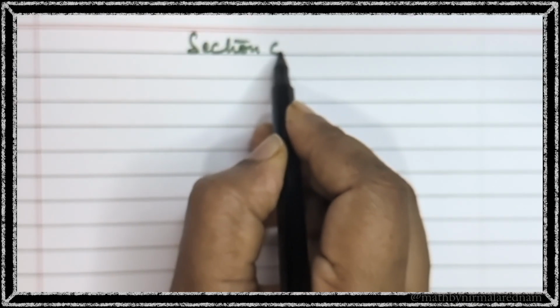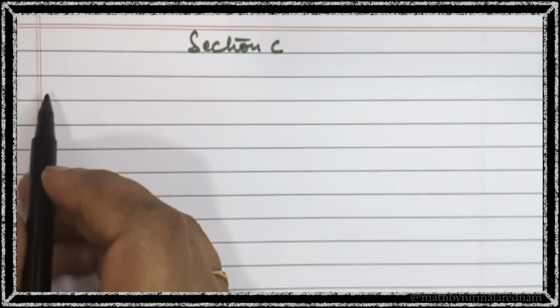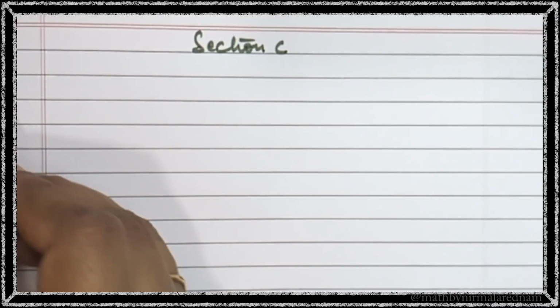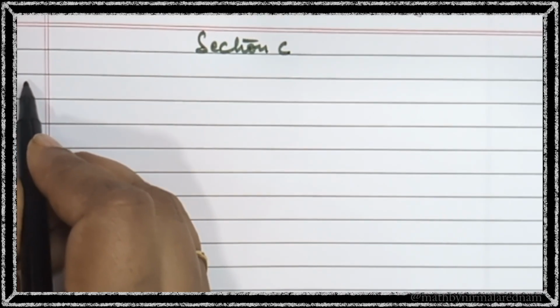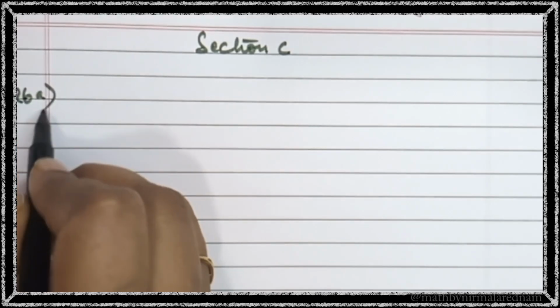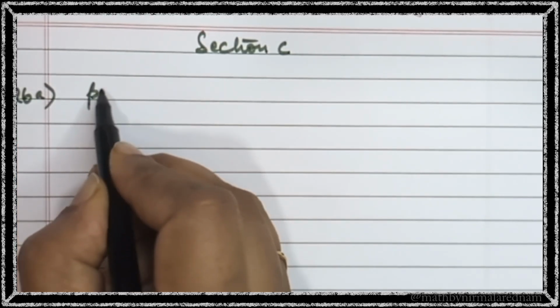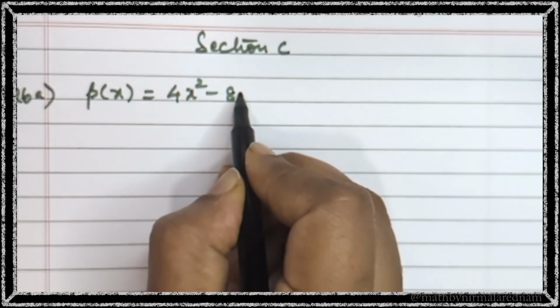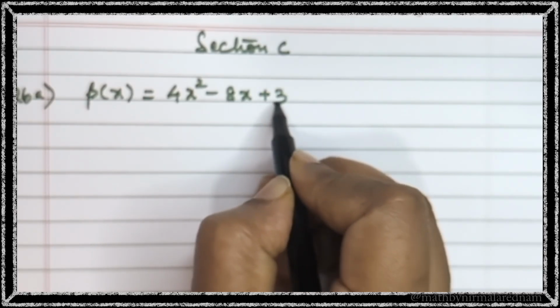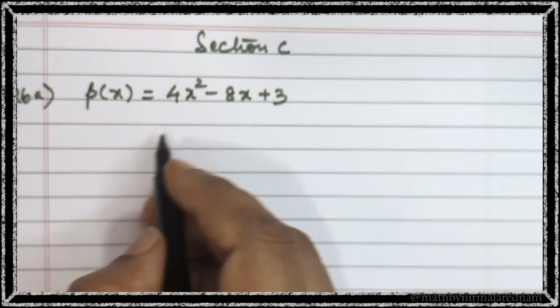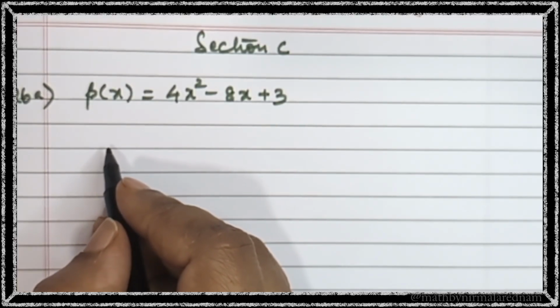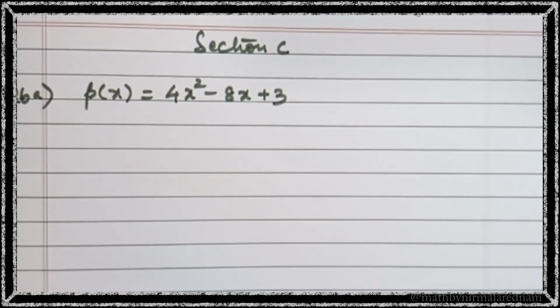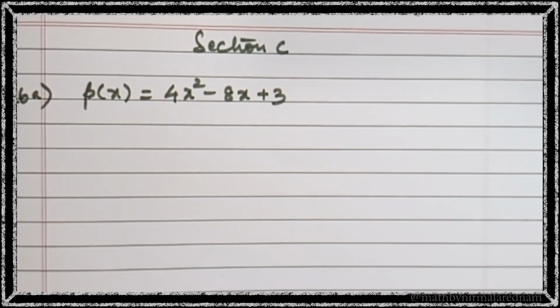Section C, I have 26th question A. The given polynomial is 4x square minus 8x plus 3, right? So here you can find the zeros by using factorization or the formula for the roots, which is minus b plus or minus square root of b square minus 4ac by 2a,